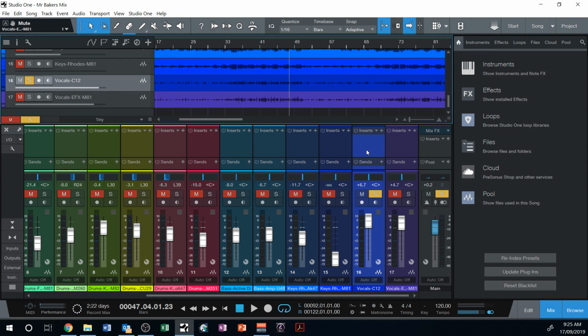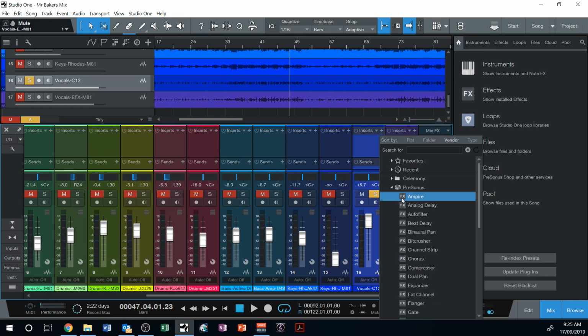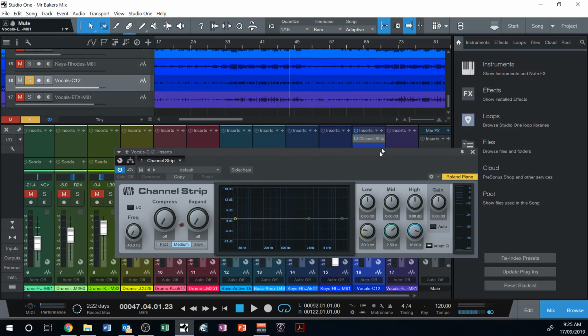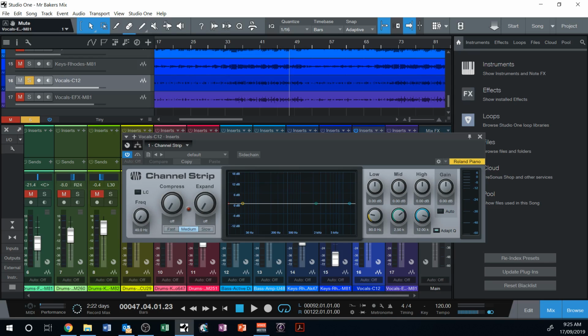So over here under inserts, what we need to do to add an EQ is hit on the plus there, scroll down to channel strip. On the pro version, you've got this Pro EQ, which I like to use, but on the free version, it's just the channel strip. So we'll click on that one, and there it is. There's an EQ there, and it'll pop up on your screen. I've got another screen, so it's just gone off the bottom, but I'll drag it up so that you can see